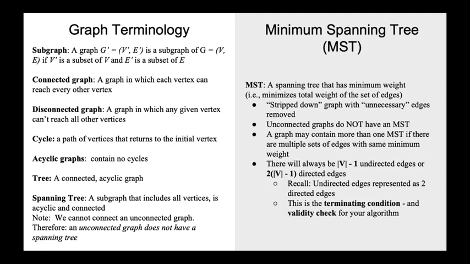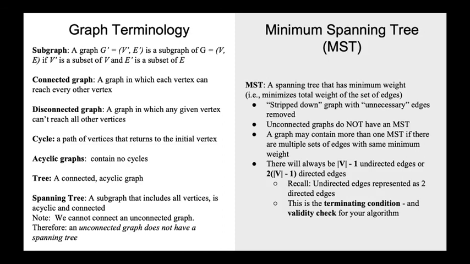And it says, note, we cannot connect an unconnected graph. Therefore, an unconnected graph does not have a spanning tree, right? It's also possible for a connected graph to have multiple valid spanning trees, right? There's not one unique spanning tree per graph. And we'll see in a second that there isn't necessarily one unique minimum spanning tree per graph. There can be multiple. So I'm going to dive into the right half of the slide and talk